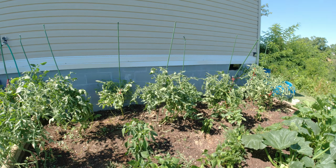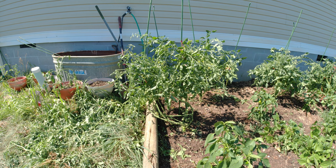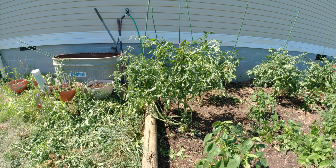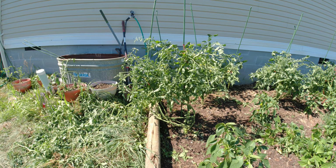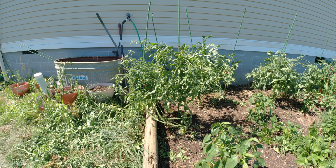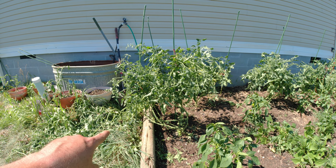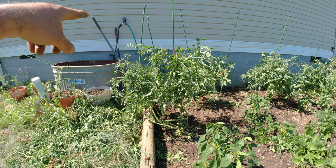Oh, speaking of that, on back over here on this tomato, I'm just going to call it tomatoes from now on. I'm not going to explain that it's a cherry tomato and all that. On this tomato, I really like tomatoes, so as you can see, it's got two stakes. Just took half of it